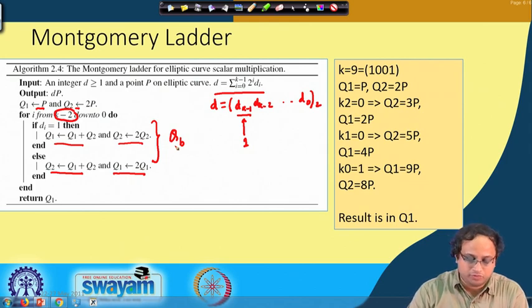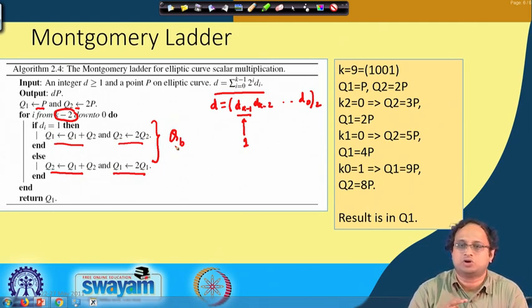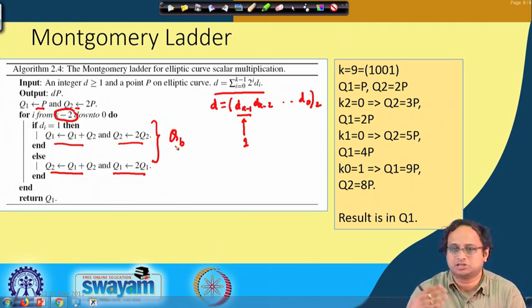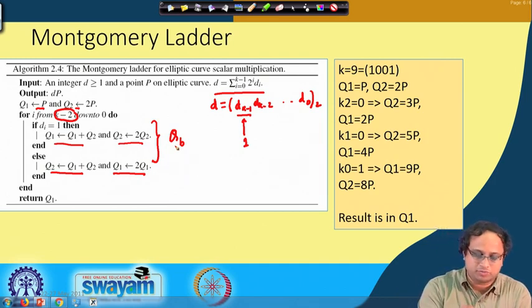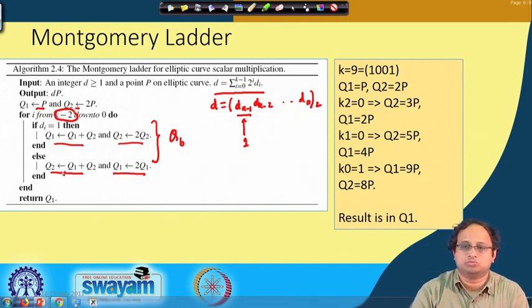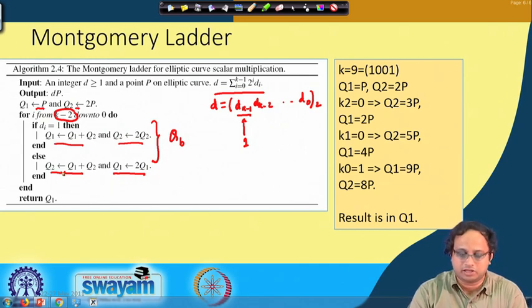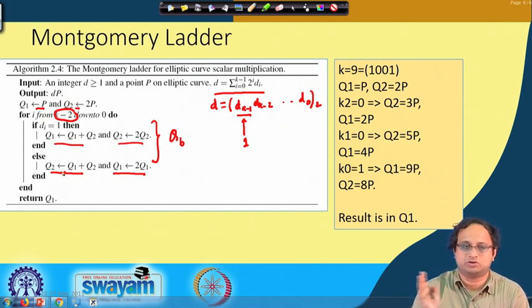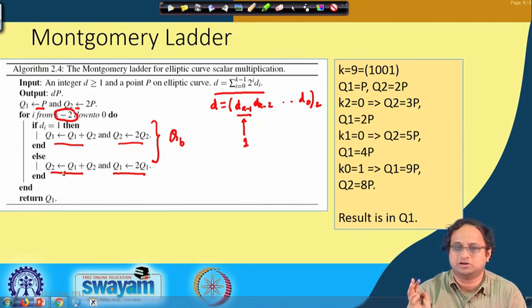But rather, what we will be looking at in today's class is that the reason why the SPA was originally working is because there was a conditional statement, where whether you do the addition depends upon the secret bit. But here you can observe that irrespective of whether the key bit is 1 or 0, you are always doing an addition operation. In one case you are doing addition in Q1, in the other case in Q2, but you are always doing an addition operation, and therefore you do not get a clear power signature to distinguish and understand the secret key bit.